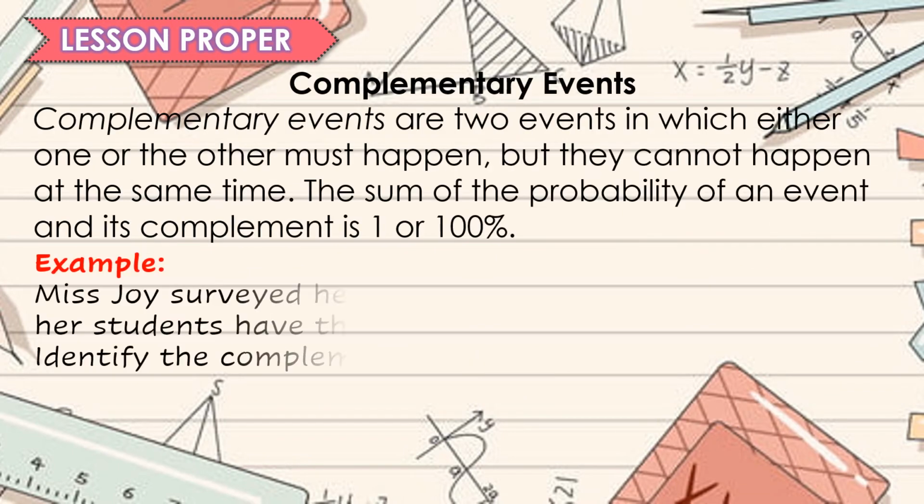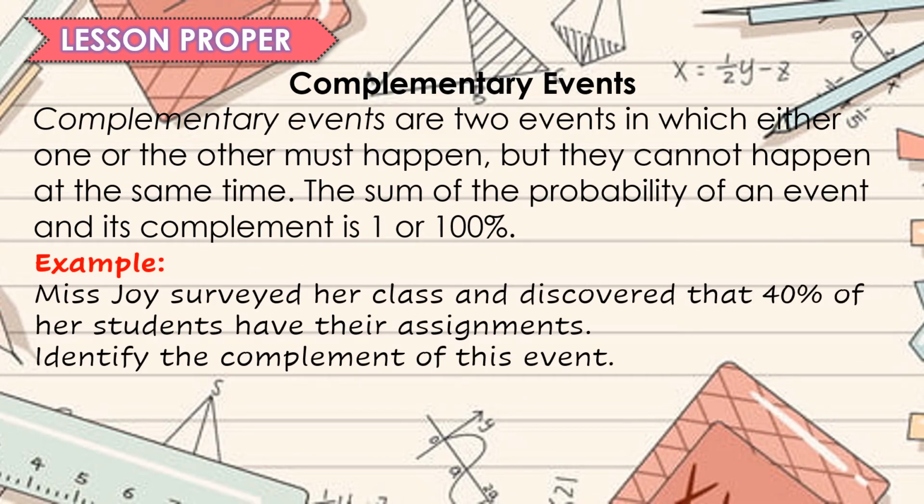The complementary events. Complementary events are two events in which either one or the other must happen, but they cannot happen at the same time. The sum of the probability of an event and its complement is 1 or 100%. That is our rule number 1, in which the probability of any event is a number from 0 to 1